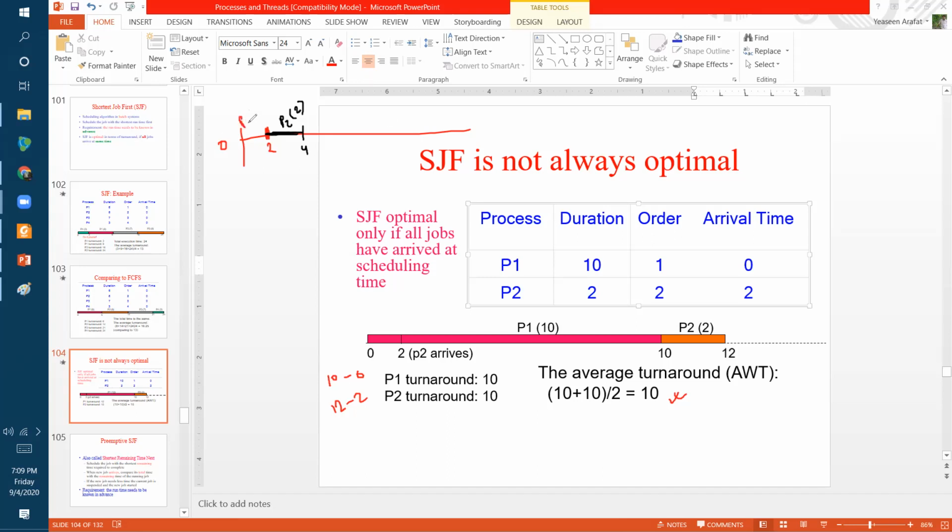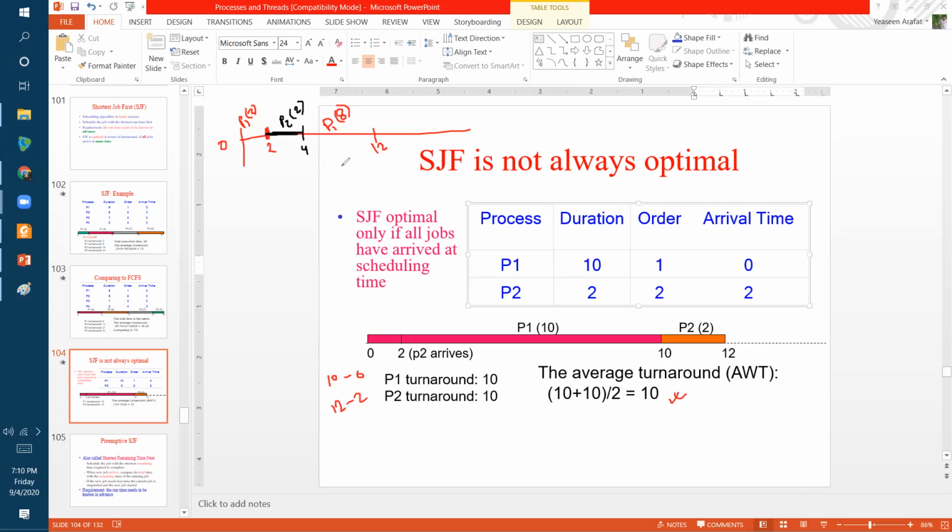So here P1 works. P1 uses the CPU for 2 seconds, then P2 has done its job and will take 2 seconds only. Then P1 does the rest of its work. It will end at 48. The rest time is 8 for P1. Okay, so if we do something like this,